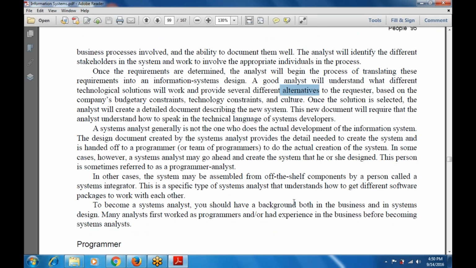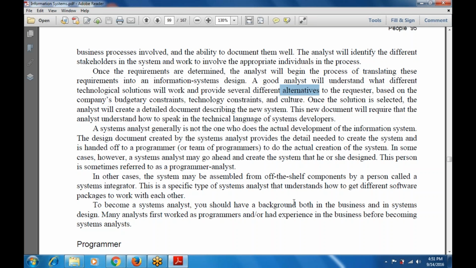Then, a system analyst is not the only one involved in the actual development of the information system, but he or she must take the help of the developer for writing the code, for writing the programs, for the creation of the system. I agree that if he or she is the sole person in the organization, that is okay. But if there are multiple persons available in a big organization, such as developers, then the system analyst can take the help of them.